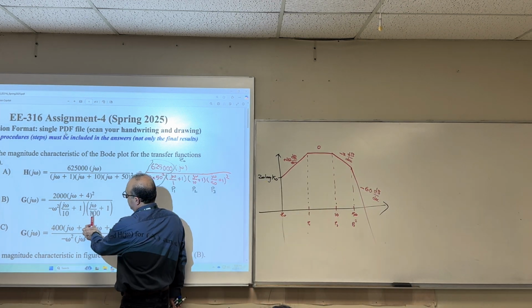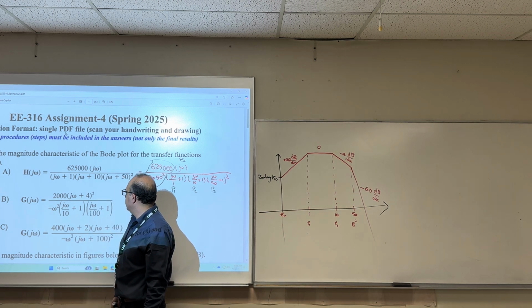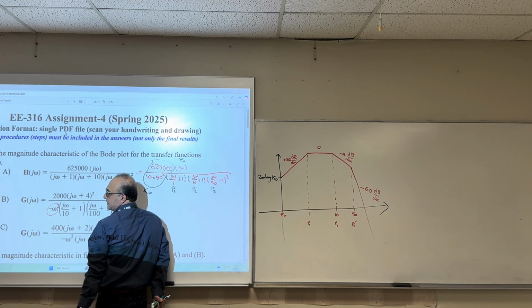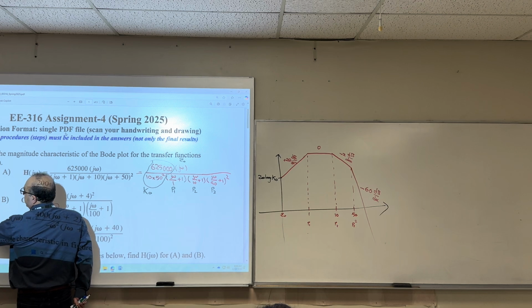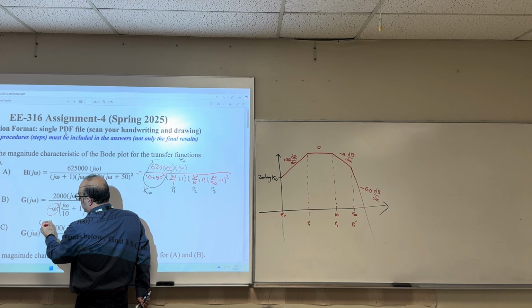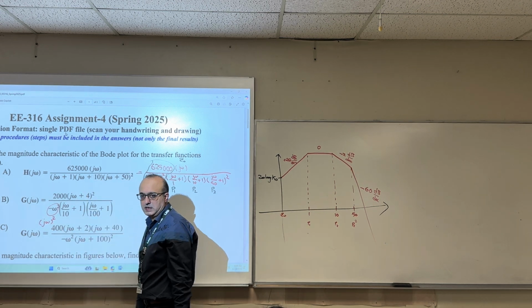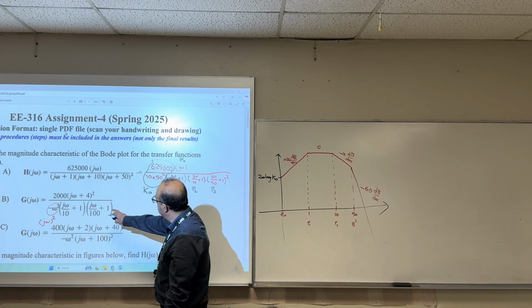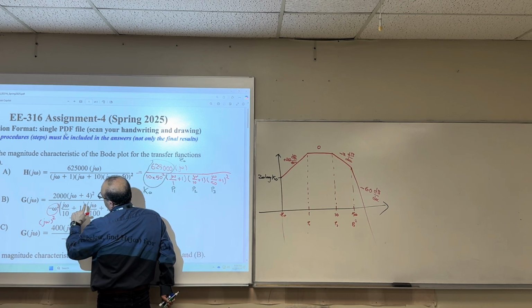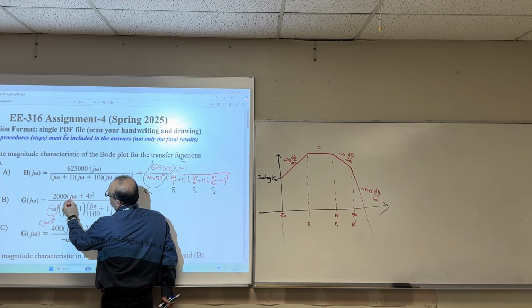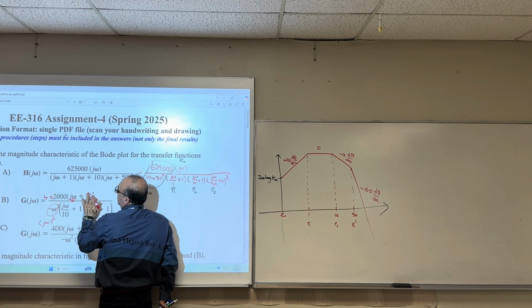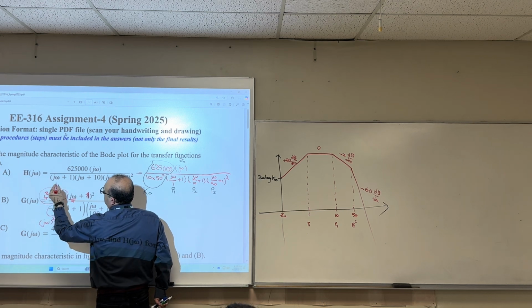How about this one? This is almost ready. I don't need to convert them, unless this part is confusing. You know that j to the power of 2 is going to be negative 1. Here, it is actually j omega squared. That's it. And because it is not a standard quantity, this 4 is probably problematic. So I take 4 out, divide by 4, I convert this one to 1, multiply it with 4 to the power of 2. Now this is our K0,